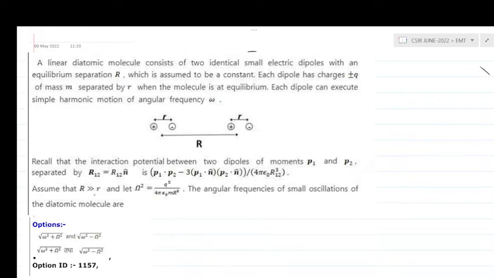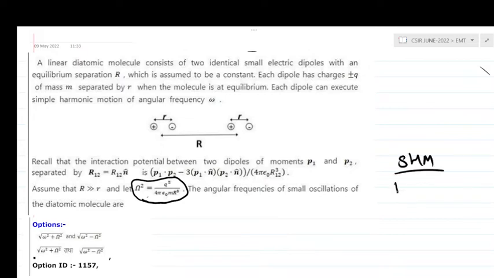And R is much greater than r, that is, the distance between two dipoles is very much greater than the separation between two charges. Here omega square value is given. The angular frequencies of small oscillations of the diatomic molecule we have to find out, and this is an SHM question,